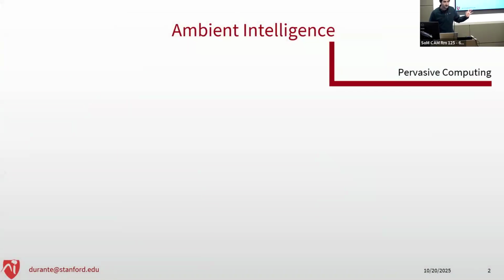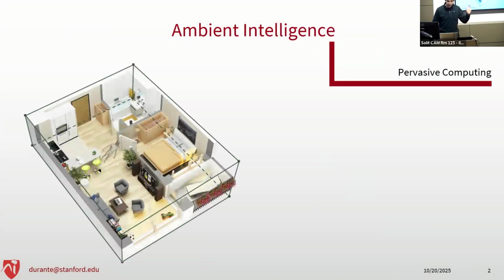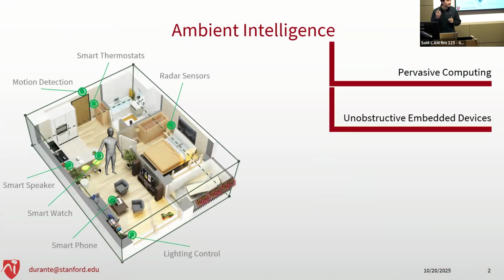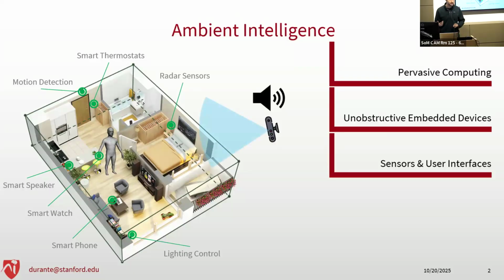Cool, so just to broadly define ambient intelligence, it's a subset of pervasive computing, which is this notion that if you have a physical space with people in it, you can embed devices within that space. We already do this in our home with things like thermostats and other sensors. A lot of people have recently been doing smart home devices like the Alexa is probably the most commonly used ambient intelligence device. But really, you can attach all sorts of sensors like cameras or LiDAR sensors and combine these with user interfaces to allow users in these environments to also interact with the sensory data.